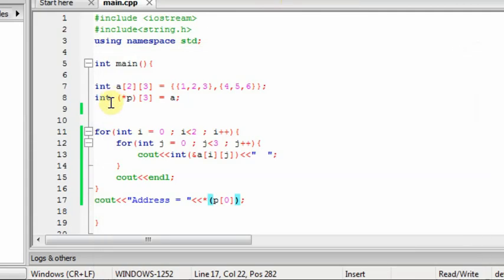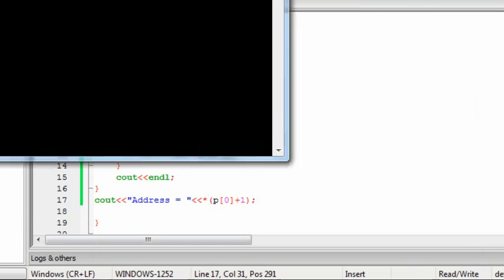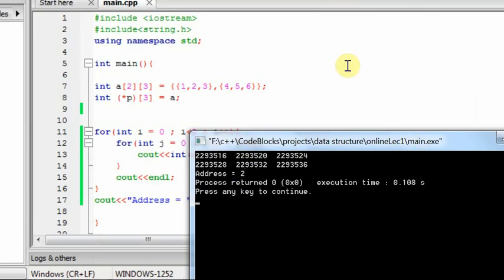We can also write like this, and if I want to print the next element, then just add 1, so it will increment 4 bytes. So the address of the next element will be here, and then we dereference it, so it will give the second element.